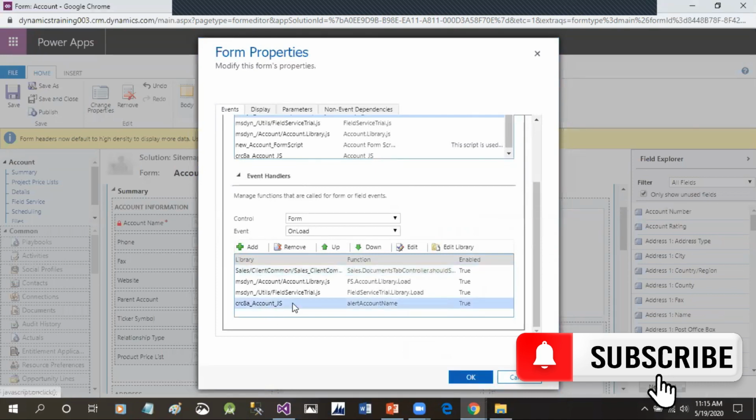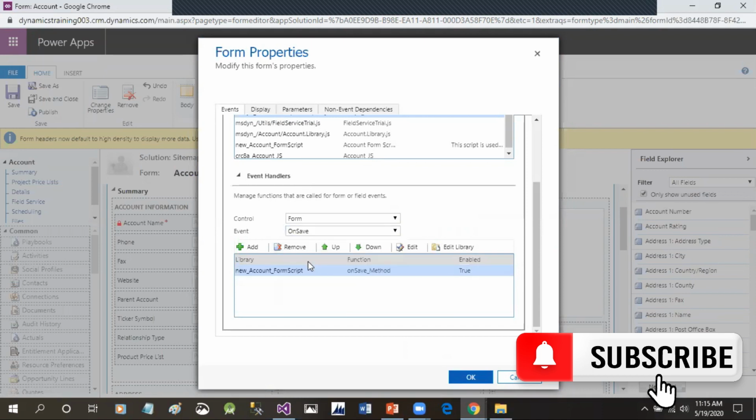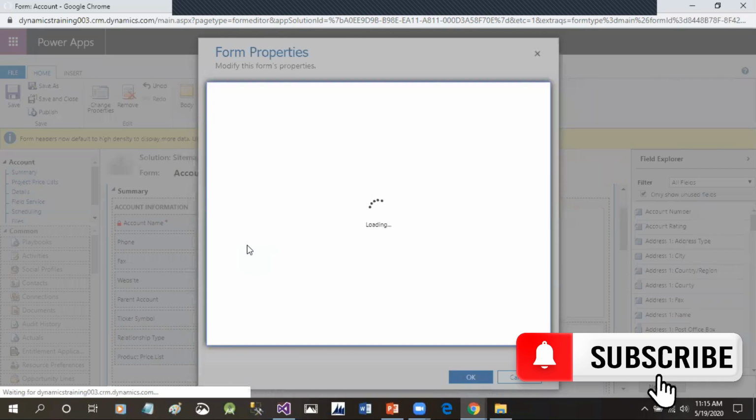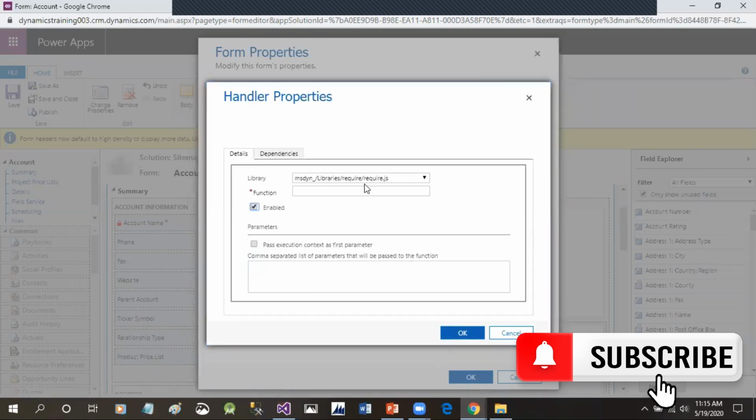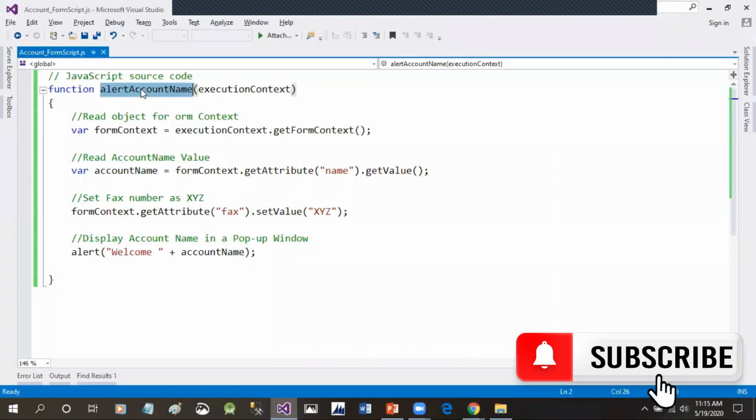Now, if I want to use the same method in onSave, what do I have to do? I'll just click onSave, add that method, and select it.